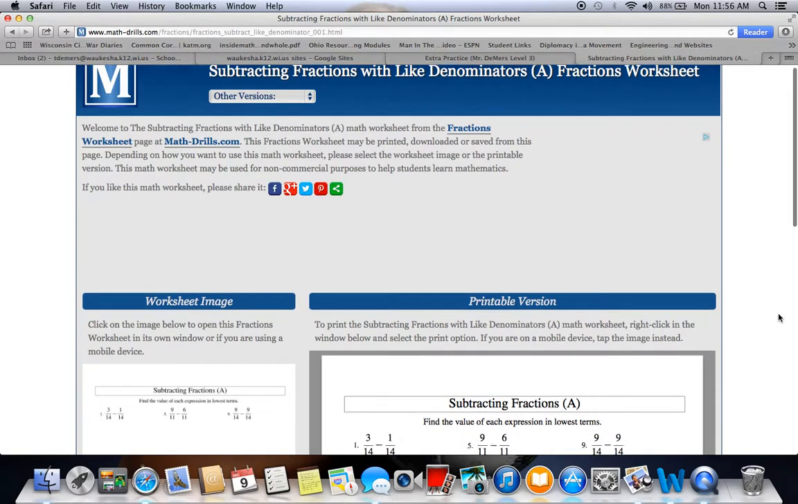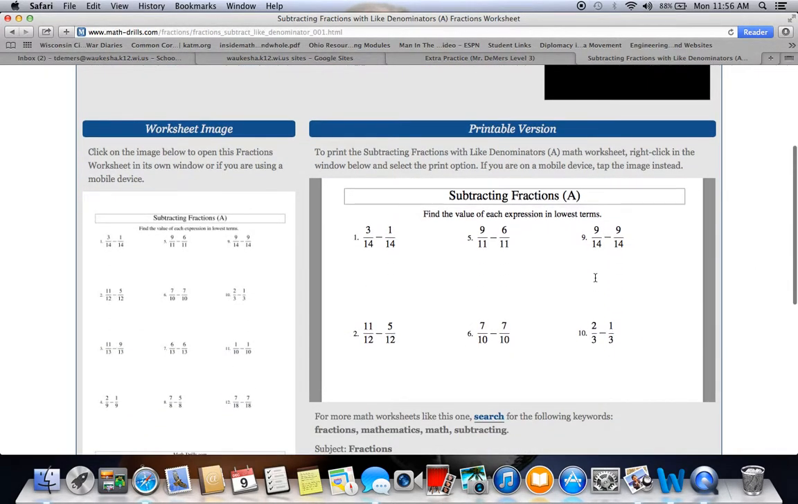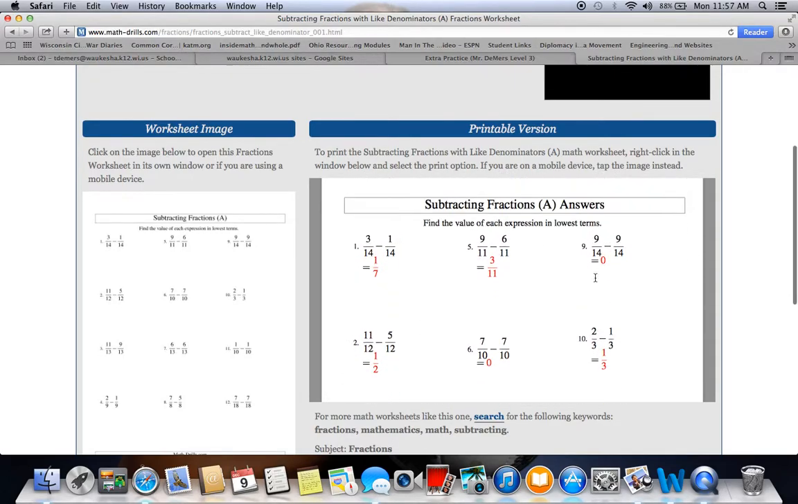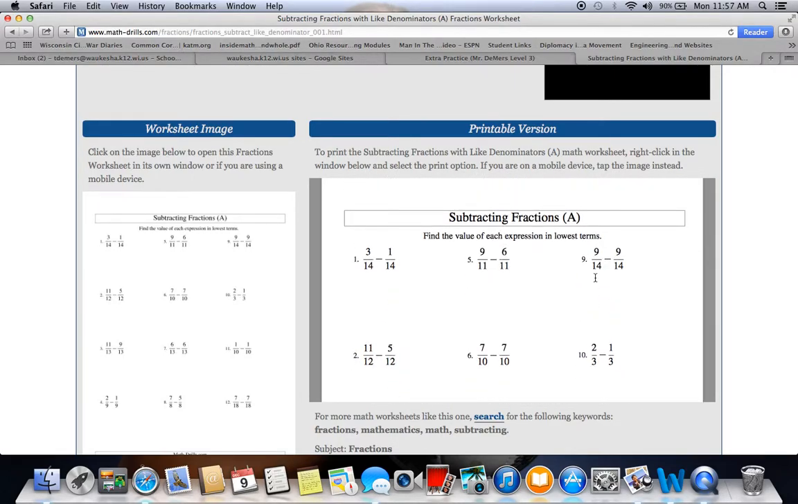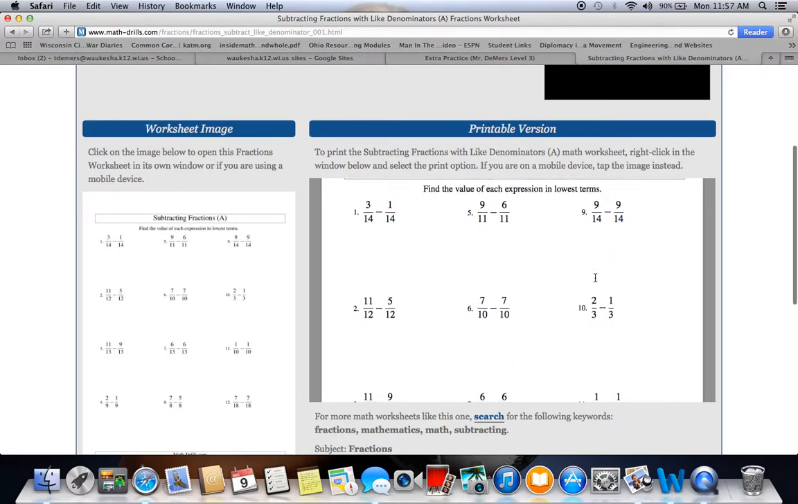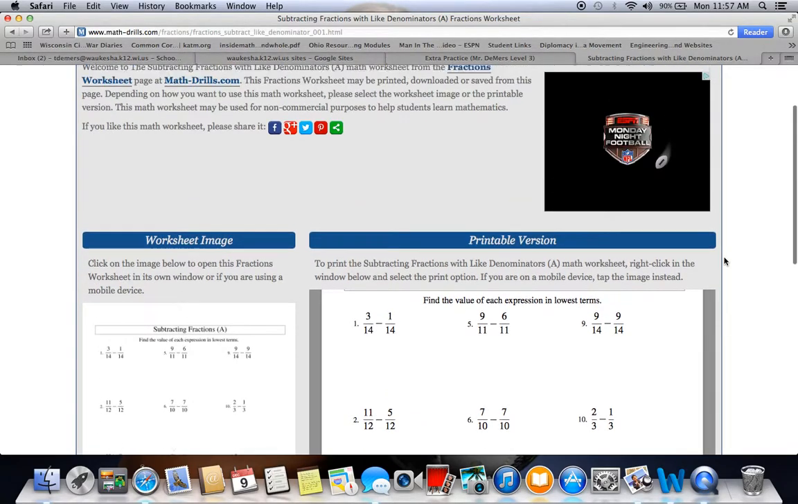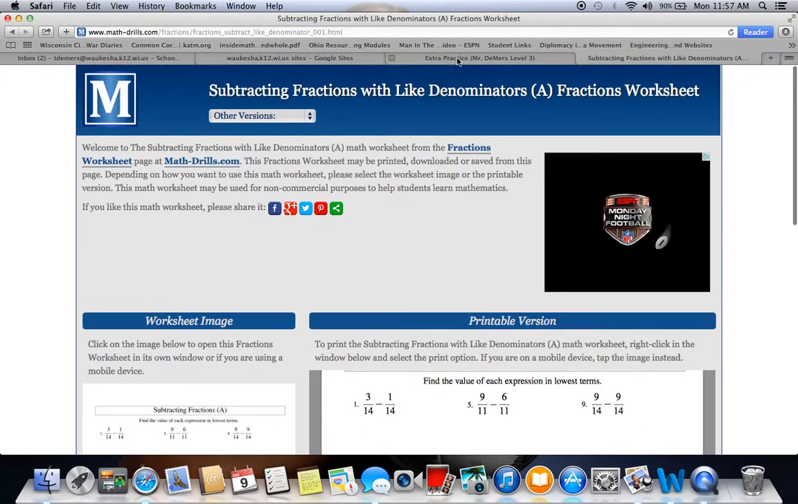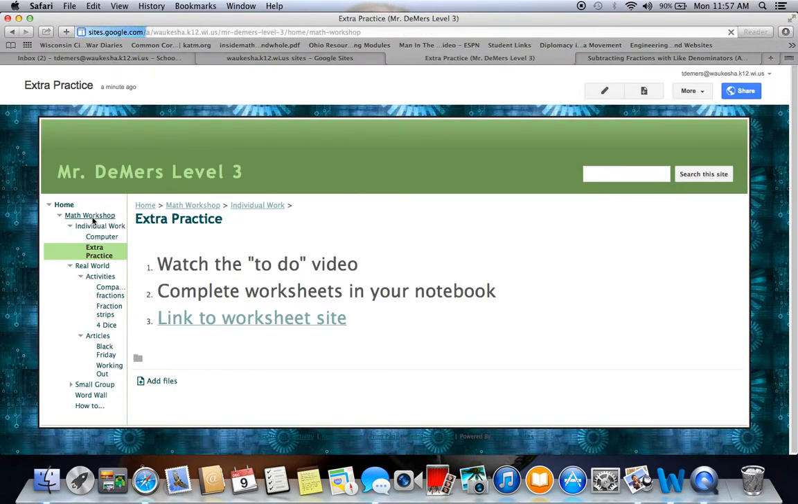And in your notebook, you're not going to be printing these out, but in your notebook, you're going to be solving these problems. To check your answers, they'll be on the second page. I don't want you to look at the answers first, but you can use them to make sure that you're doing the problems correctly. If you'd like to do more than one worksheet to do extra practice, feel free. Going back to our to-do list,